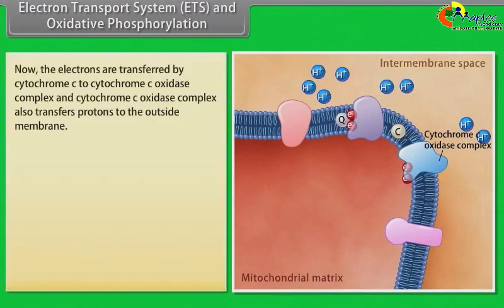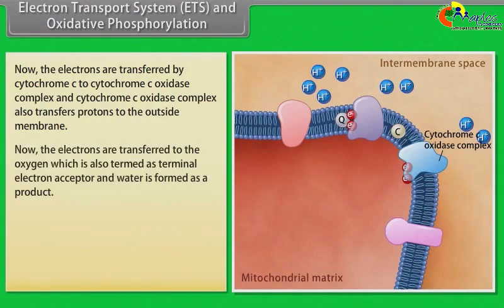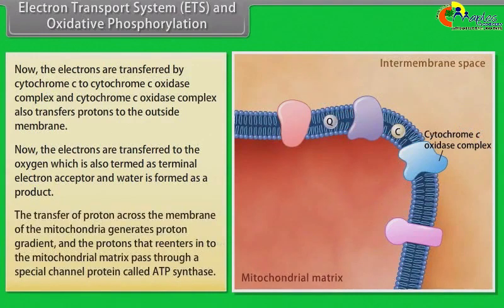Now the electrons are transferred by cytochrome C to cytochrome C oxidase complex, and cytochrome C oxidase complex also transfers protons to the outside membrane. Now the electrons are transferred to the oxygen, which is also termed as terminal electron acceptor, and water is formed as a product. The transfer of protons across the membrane of the mitochondria generates a proton gradient, and the protons that